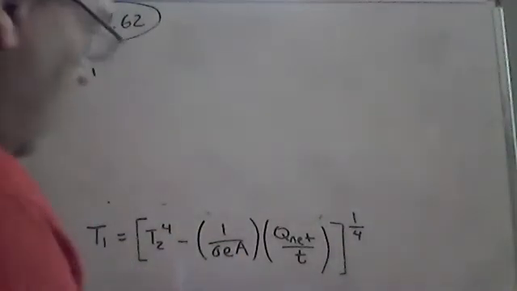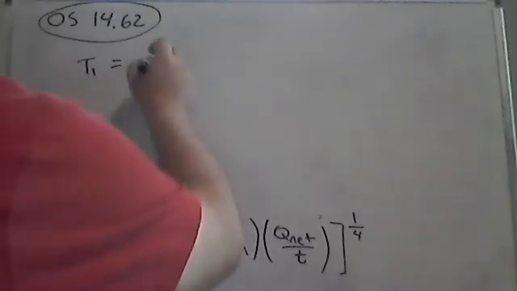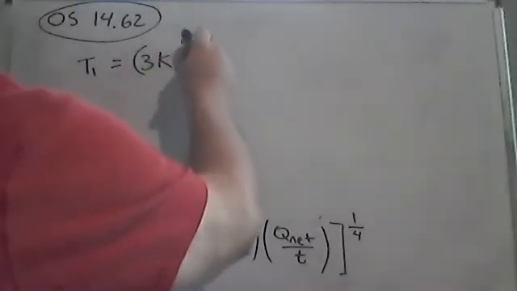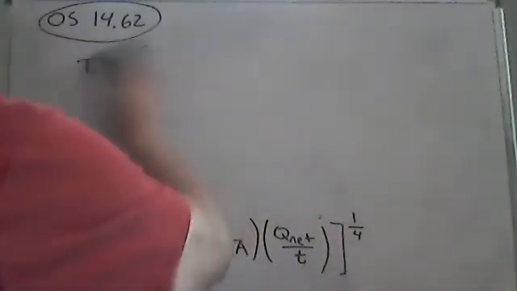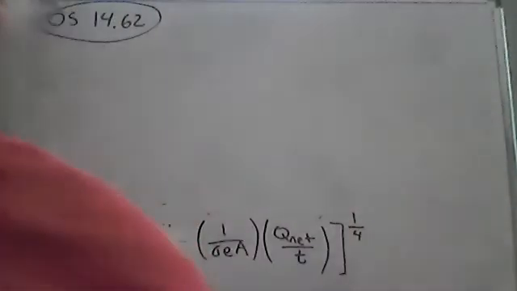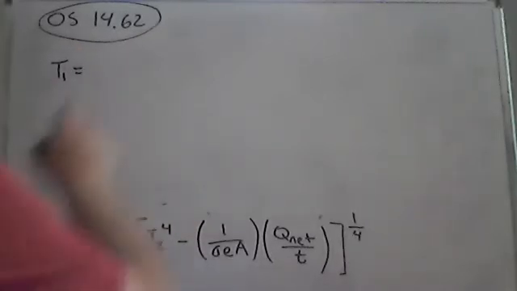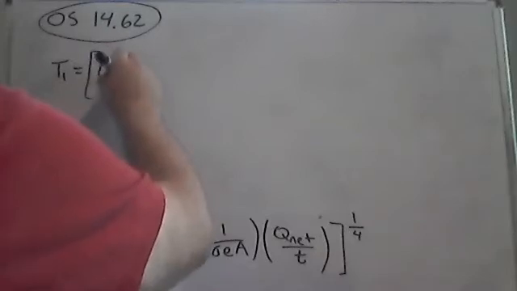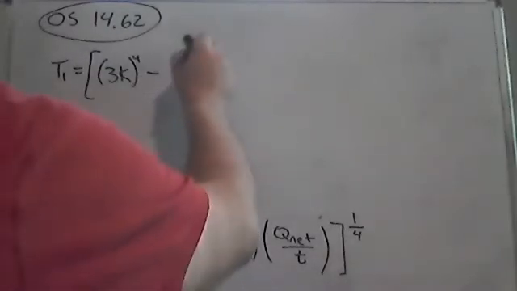All right. Anyway, T1 is going to be T2. So I have 3 Kelvin to the 4th minus, okay, so oops, I need as much room as possible. They're fairly large values. So again, T1 equals brackets. I have 3 Kelvin to the 4th. That's the temperature of outer space. And then I have